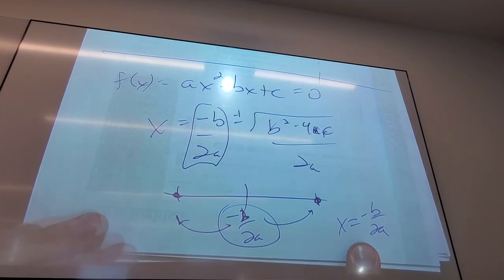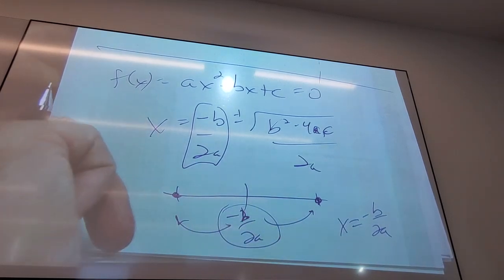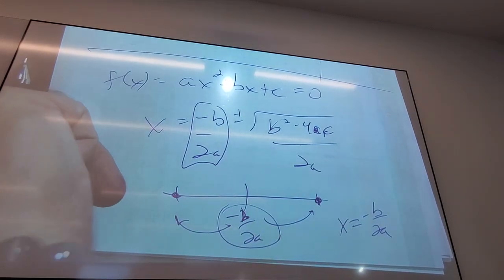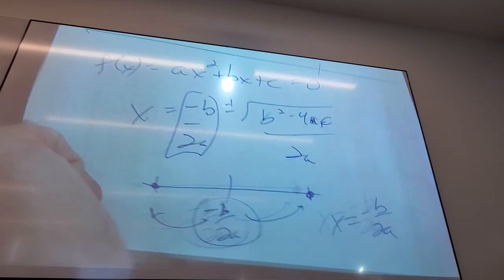Has anybody ever seen this before? This is a shortcut to find the vertex. I don't know how it was explained to you, but oh well. In calculus, you'll show that a different way. But for right now, we got this. So I'm going to destroy that piece of paper. I'm going to do this problem,